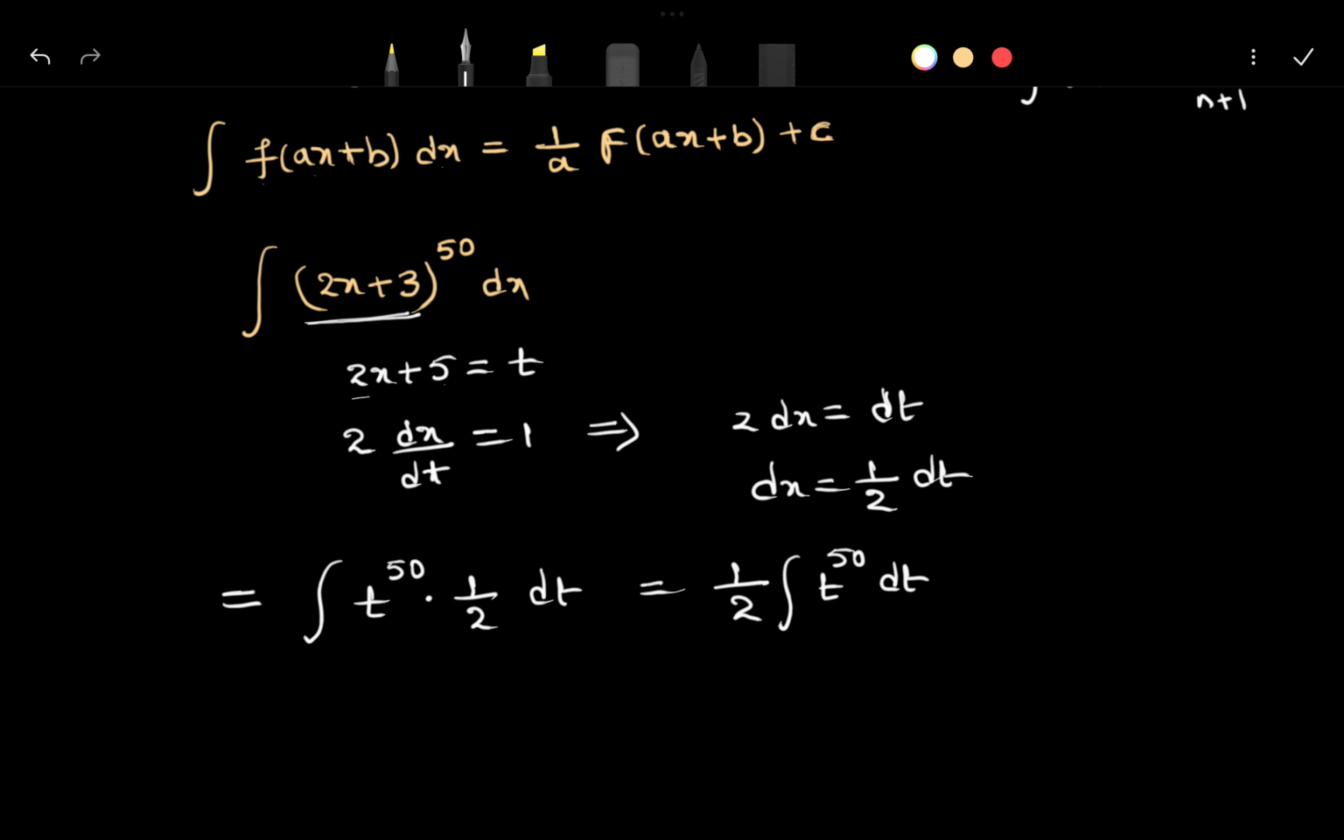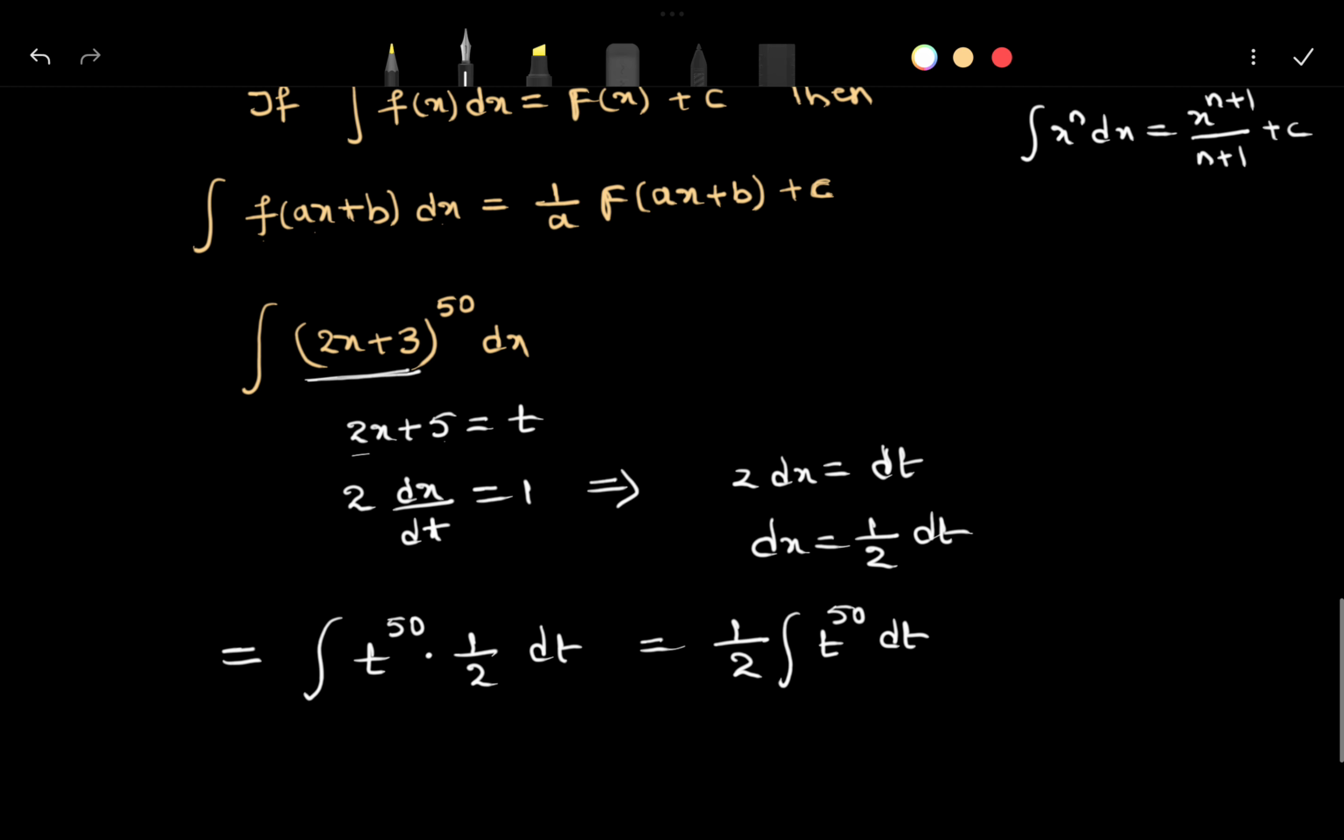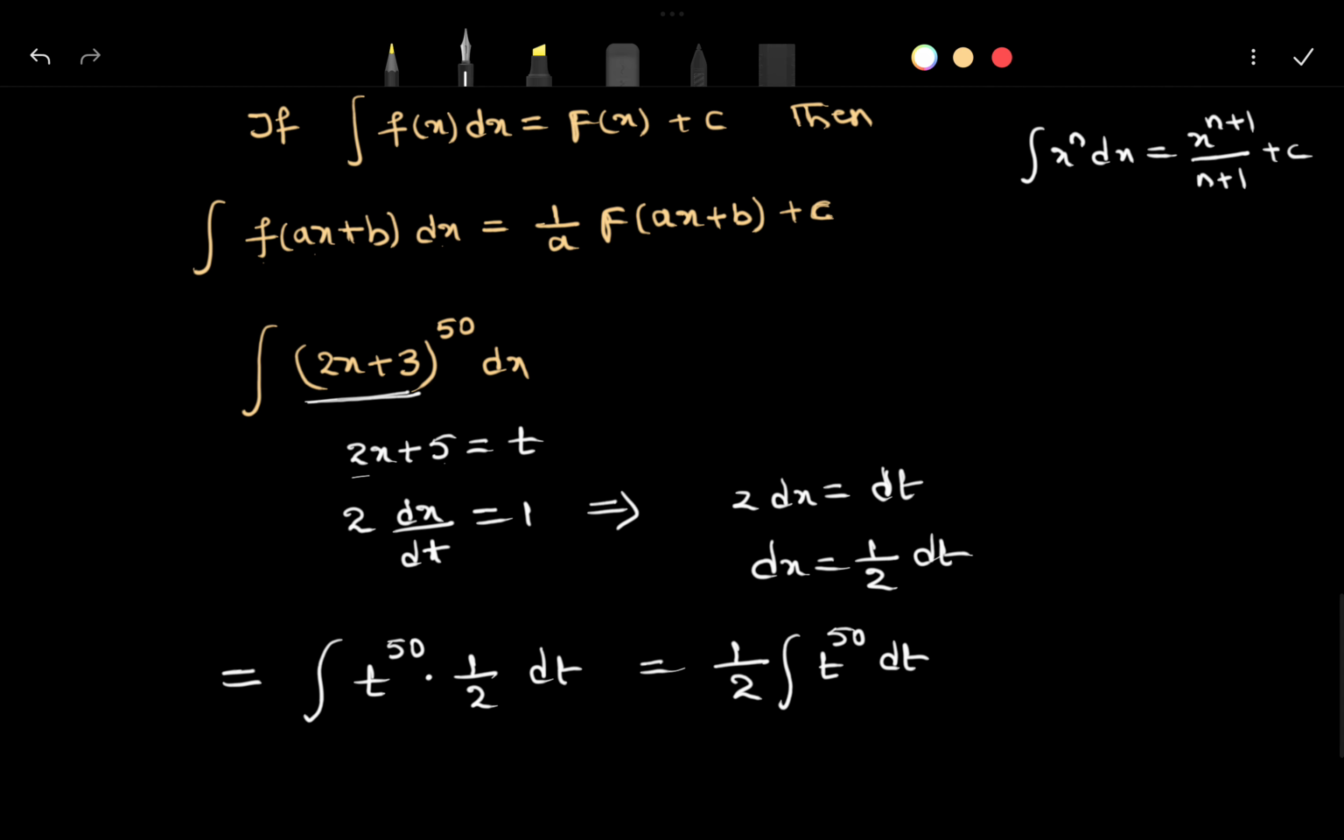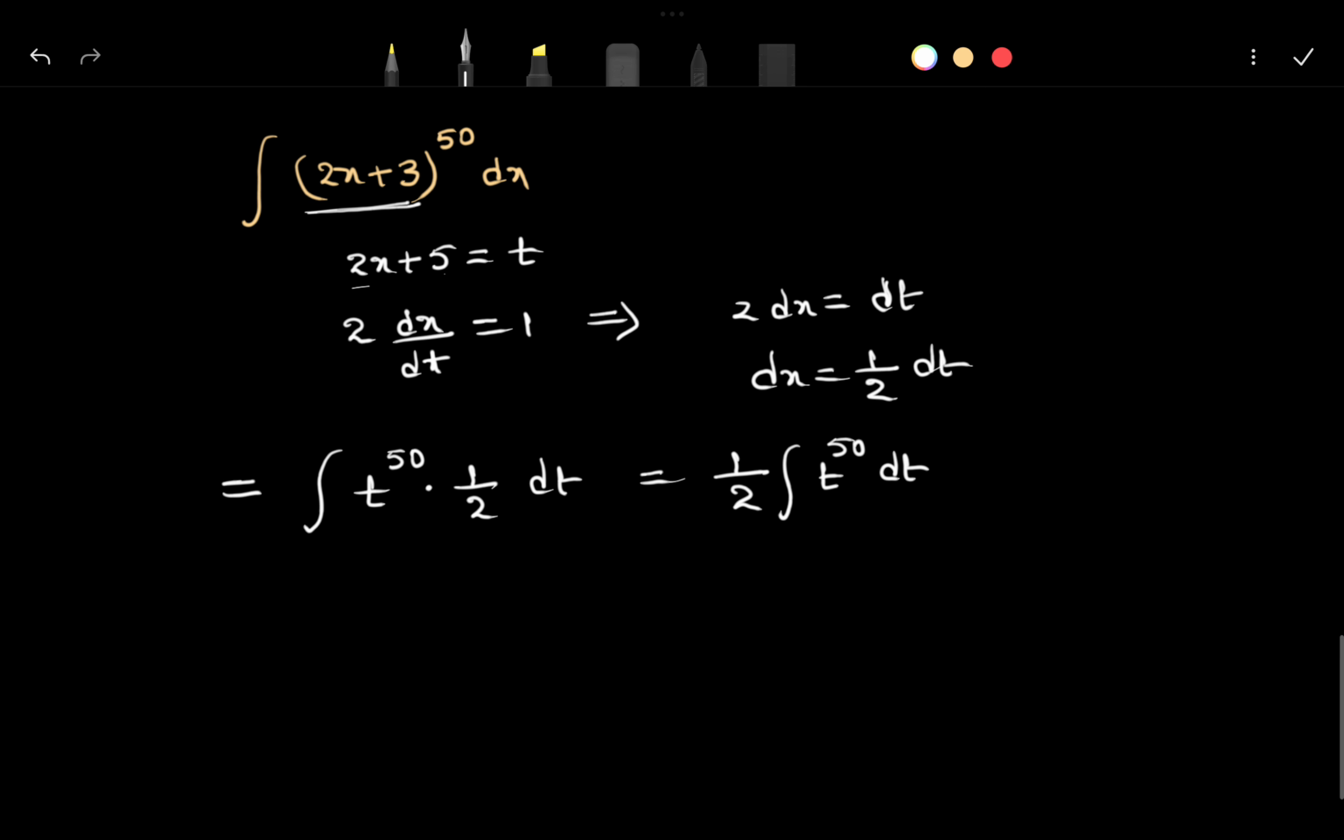So all of you see this question. By observing this expression, it is in the form of the integration of x to the power of n into dx. The integration of x to the power of n into dx will be x to the power of n plus 1 by n plus 1 plus c. By using that formula, here you can simply write 1 by 2 into t to the power of 51 whole divided by